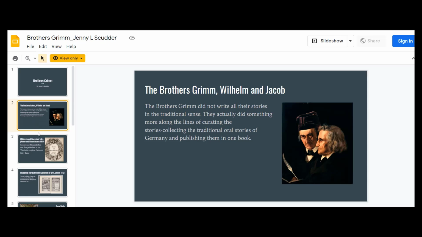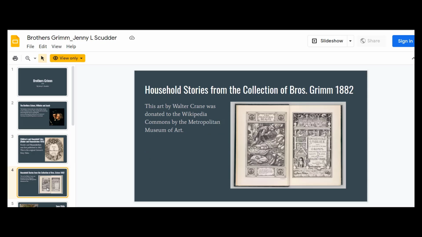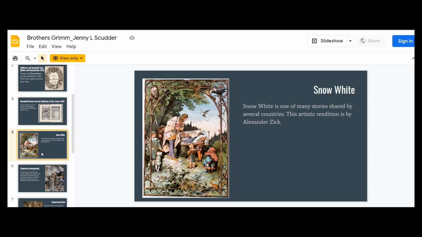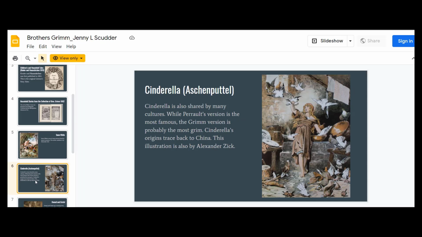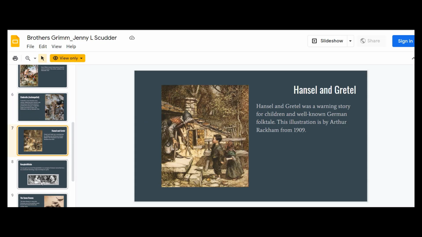They more curated the stories than they did write them, although they did do significant amounts of editing to the stories. The stories first appeared in Children's and Household Tales, originally published in 1812, published again in 1819, and obviously many times since. This is the original Grimm's Fairy Tales. Some other background information is given to them, including the different artists that have worked on this, some of the basic stories and key stories that are included in the collection,